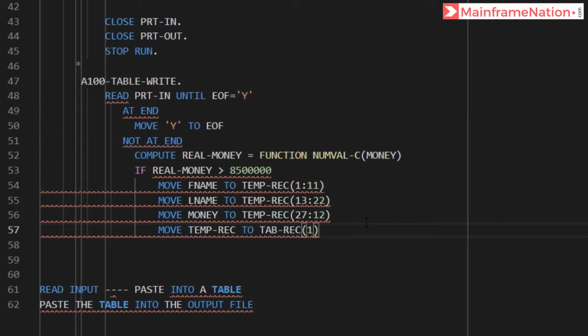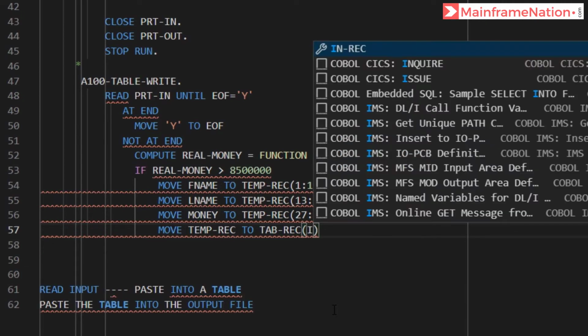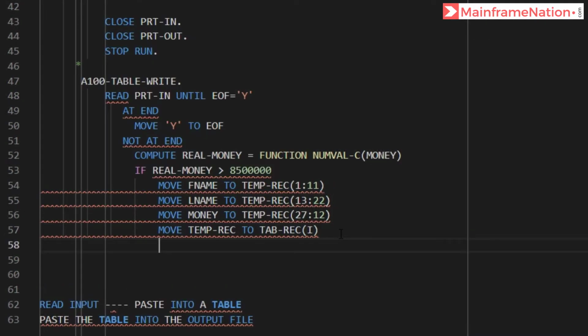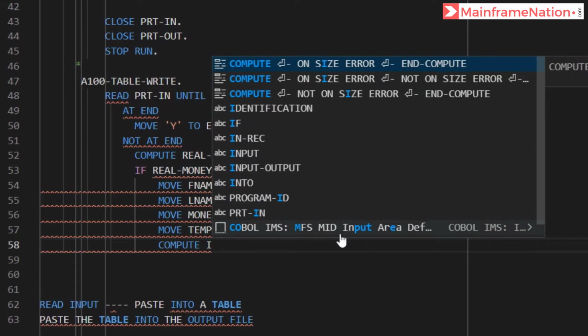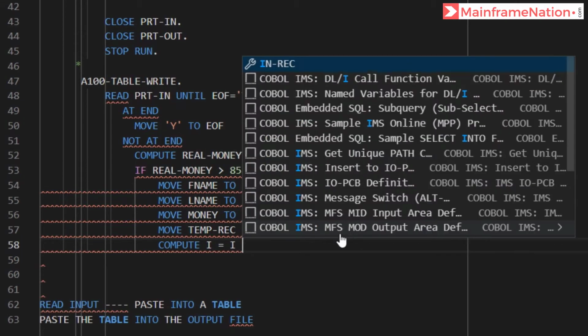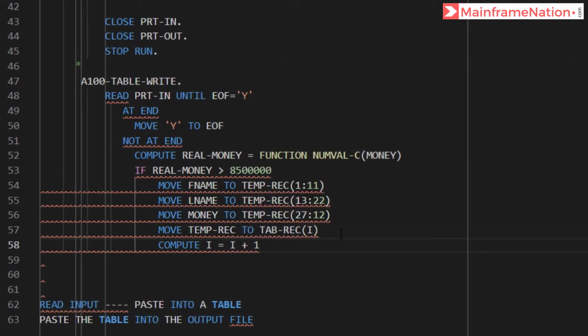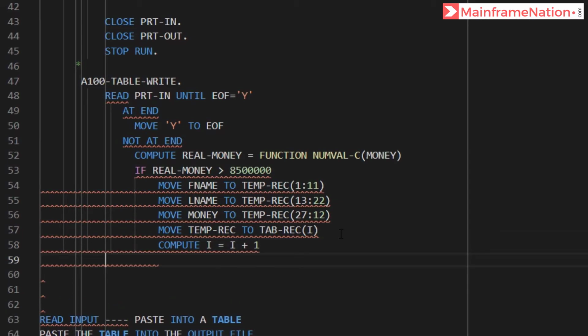So it will move to the first location in the table. We have to put this in a loop. So instead of 1 I can give I, and then I can increase I 1 by 1. So compute I is equal to I plus 1, and then we can end this if loop here.